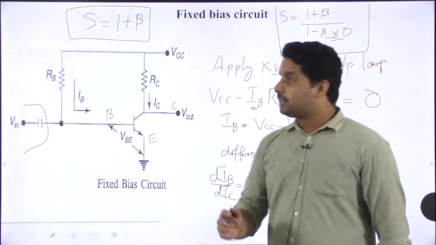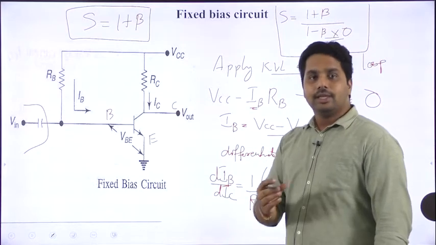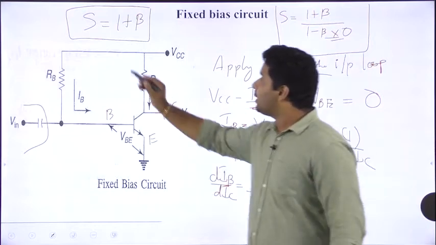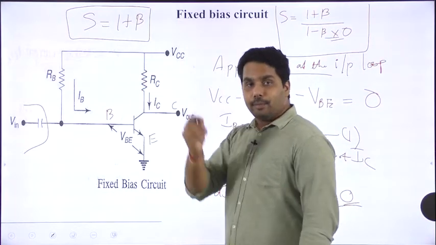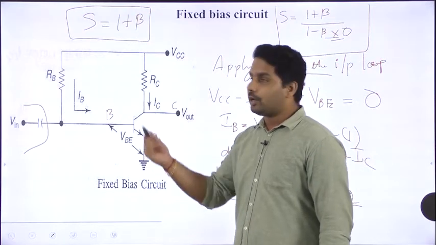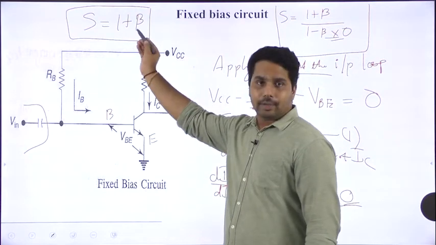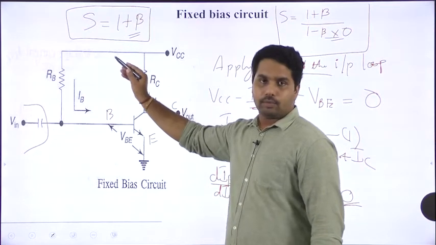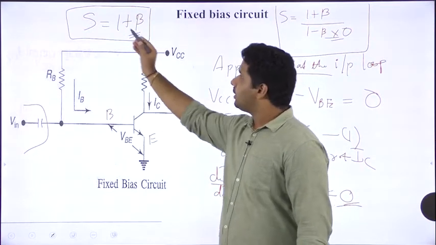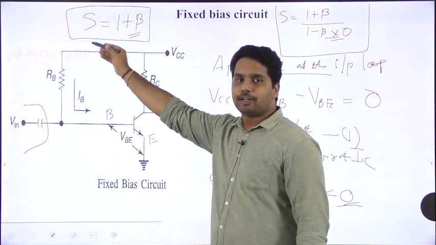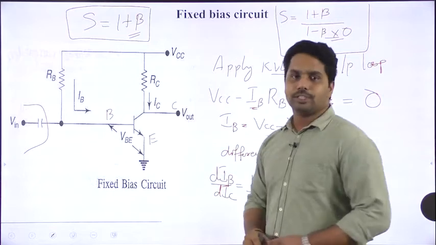Okay. And since it is 1 plus beta, it is a bigger value. I told you if the stability value is minimum or less, then only our circuit is stable. But now what happened? 1 plus beta is a big value. So because of that reason, the stability factor is bigger. Since the stability factor is more, this particular circuit is